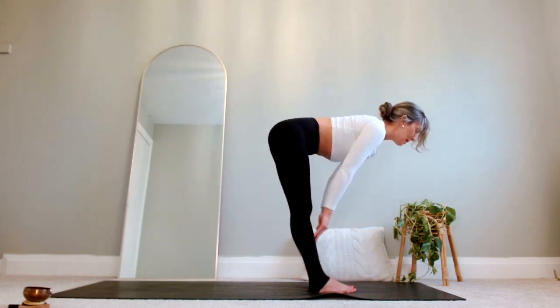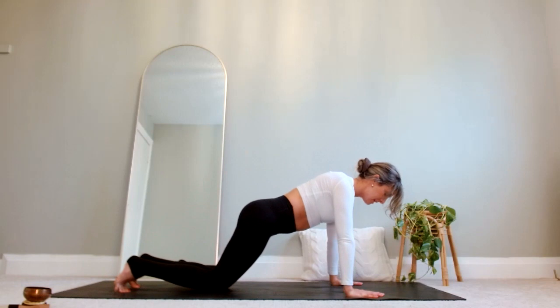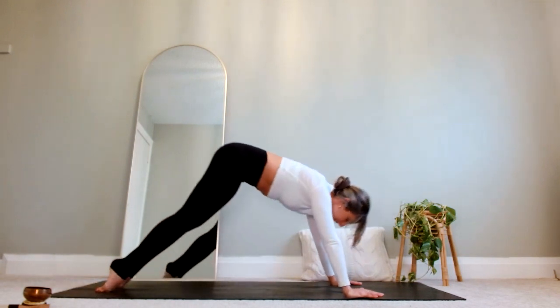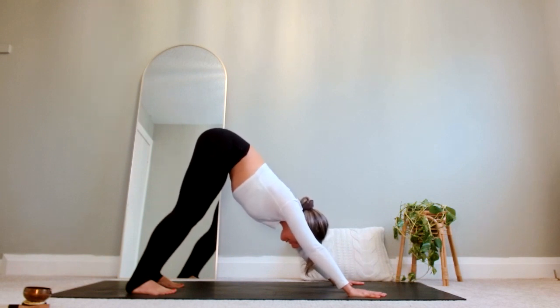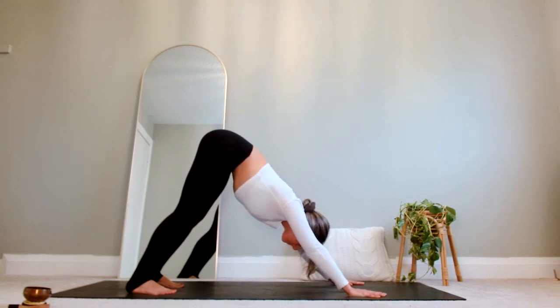Inhale, halfway, lift flat back. Exhale, come to a high plank. And really slow here. You can come down to your knees. Come forward, down, upward facing dog, downward facing dog. Just landing here, taking a deep breath in, again, grounding. And with every exhale, can you reach that tailbone even 1 inch, 1 millimeter higher to the sky? On your next inhale,